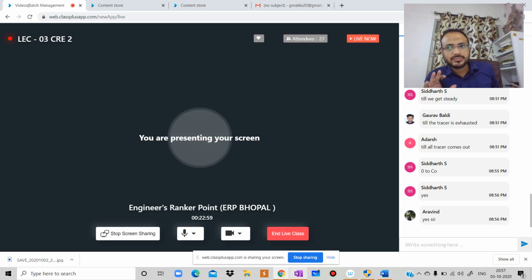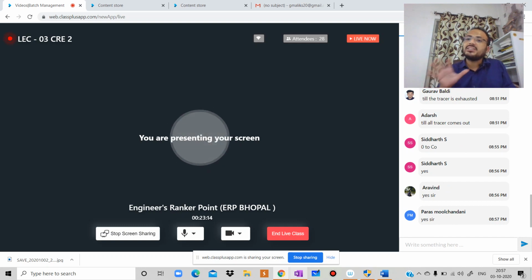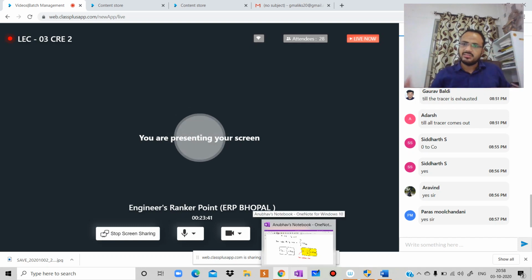You know component balance. In complete CRE1, we solved so many equations for component balance, steady state component balance. Now we will balance, but we will balance on the tracer. And we know that the tracer is not going to react. When the tracer is not going to react, then in our mass balance equation we will not have any term of accumulation or any term of generation and disappearance. Both terms will be zero because this is a tracer and it is not going to disappear or generate. Yes or no? It will take very small time, and then your concept will be just crystal clear.